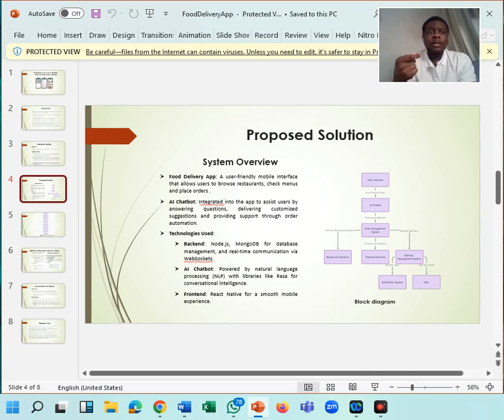So when the delivery order is taken, the user will be notified. Now, when the delivery is on the way, or the delivery guy is at your door, as the case may be, notifications are also sent just to update the user on the status of his or her order. So that is the block diagram of this solution.